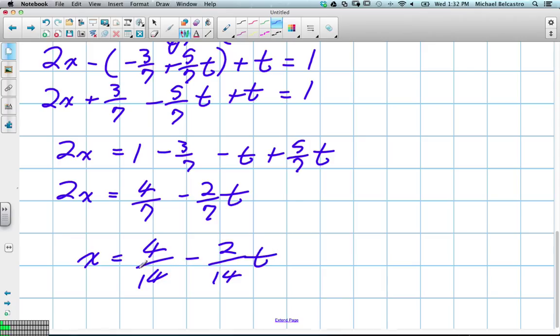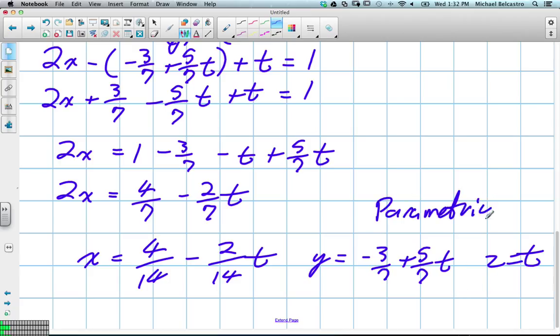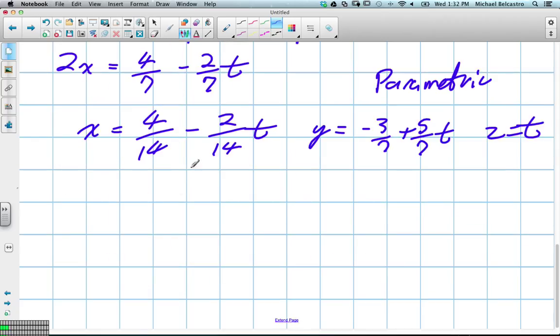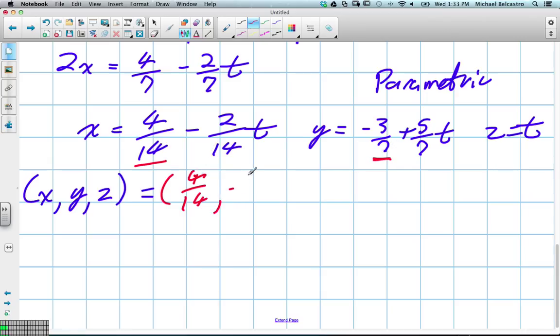So our parameter for x is this. y was what we had above, negative 3 over 7 plus 5 over 7t. And z was equal to t. Okay? So this is the parametric form of our line. And if we want to convert it to vector form, just so it makes a little more sense, remember if our x, y, and z is equal to the coordinates, I'll underline in red, our x coordinate being 4 over 14, or 2 over 7, our y coordinate being negative 3 over 7, and our z coordinate being 0,